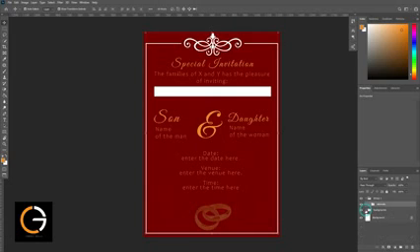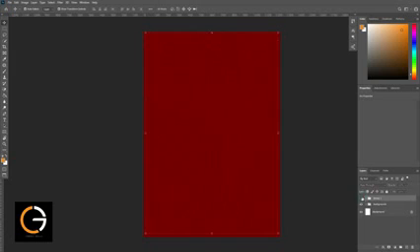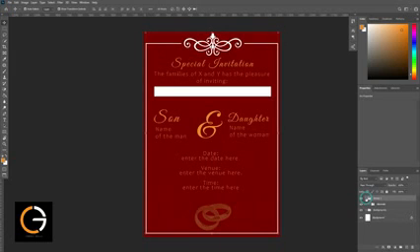I think this group backgrounds. Where's the foreground? I think there's been a group in a group. We did backgrounds and then